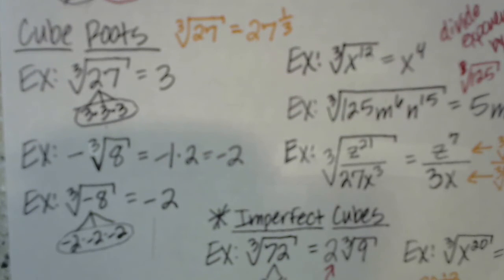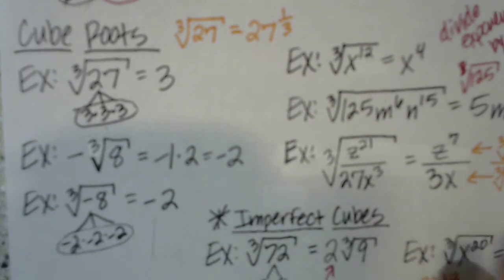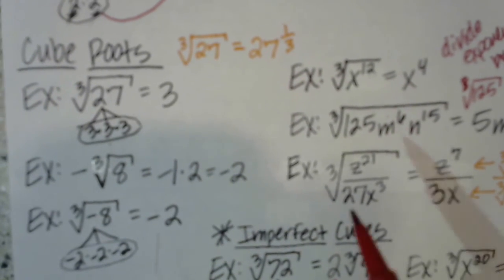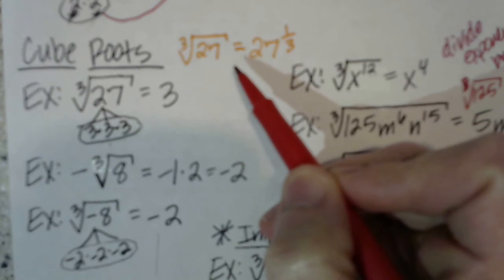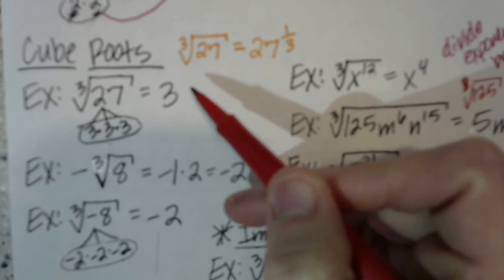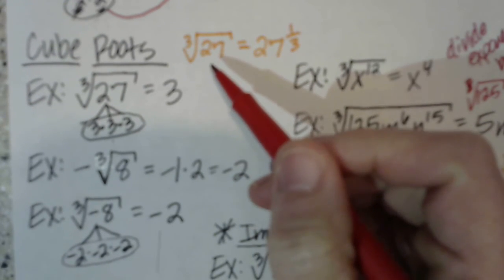Okay, it's only even roots where you can't take an even root of a negative number, but an odd root is fine. Okay? This is a connection to 10.2, because remember, we do radicals and fraction exponents in this chapter. So I just wanted to make sure you understood that, or you kind of made a connection